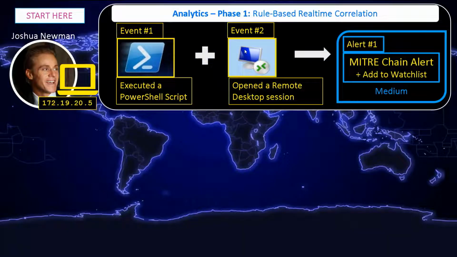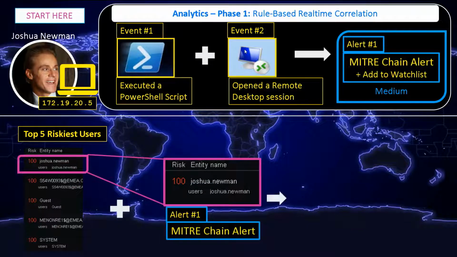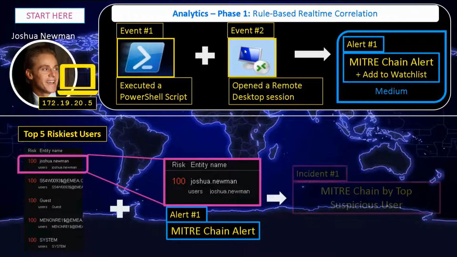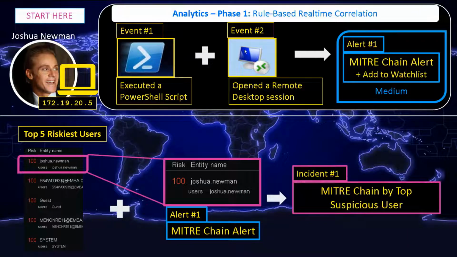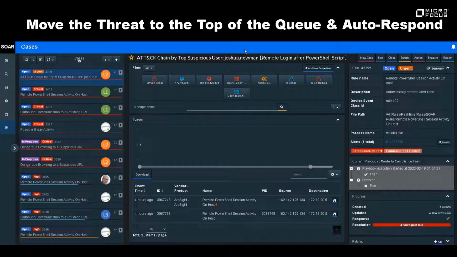These two events, no matter how non-critical they appear in isolation, do provide significance to the analyst because they have been happening back to back, and our real-time correlation engine detects this behavior, flagging it as a medium-level alert. But being only medium level, it may not appear at the top of the analyst queue. So what we do is utilize our top 5 riskiest users, which includes Joshua Newman, which also marries with our correlated alert, and combined it becomes a critical level incident in our ArcSight SOAR engine to attract the correct level